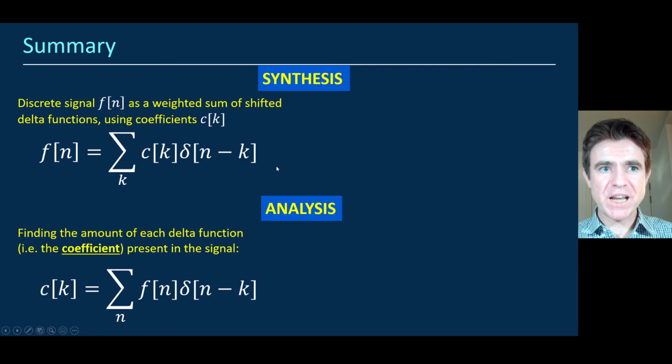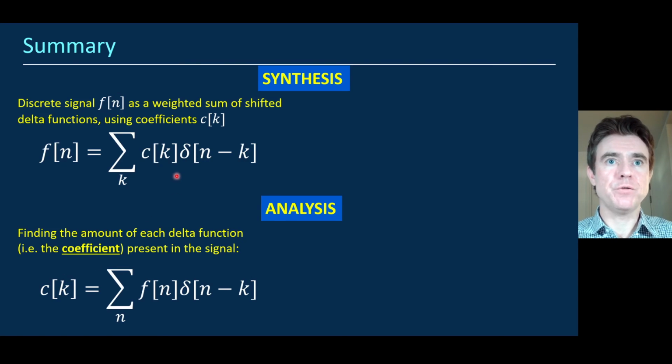Then we have the corresponding analysis equation, and that's all about saying the amount of each delta function, the amount of each basis function, can be found as follows. You take the function of interest, f of n, multiply it by the basis function for which you wish to find the coefficients. This is the basis function delta n shifted to position k. So k is one of the parameters of that basis function. So you take your function, multiply it by the shifted delta, sum it all up, and that gives you the coefficient for that basis function that can be used in the synthesis expression. So you use that coefficient as the scaling factor or the amplitude for the shifted delta,